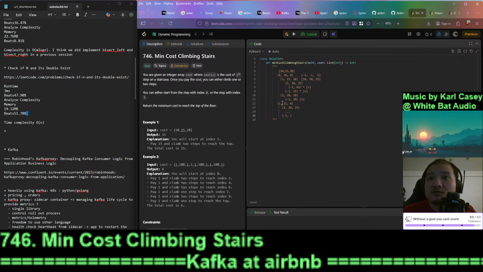So it can go straight to the last one with 15 here, because none of these is faster, right? So this one didn't go here